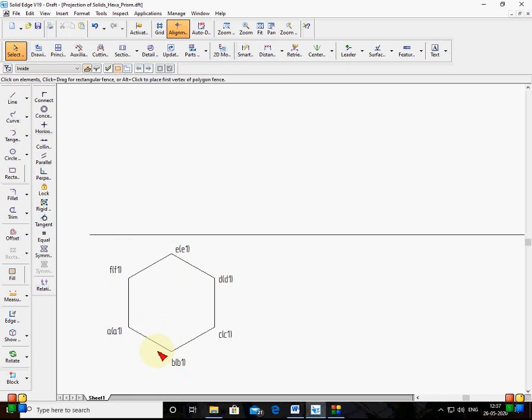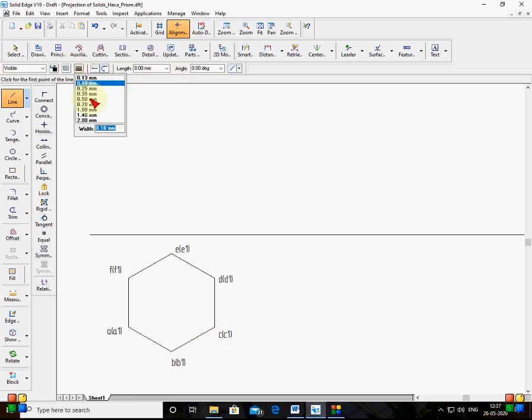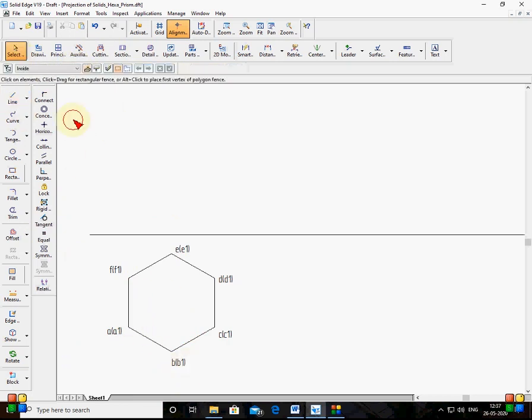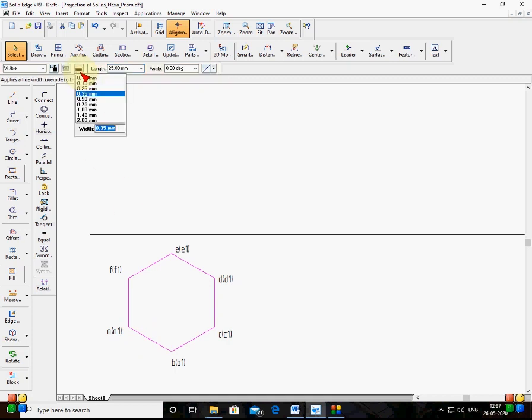Now I'll project here. I want to project this particular solid hexagon to get the front view. Now as it is a prism, the front view is a rectangular shape. I'll project all the points. Now I'll project here. 0.18 I am using here, or you can use 0.35 to see it clearly. Before that, I should make sure that it is the view. I make it dark. Actually, in an examination you have to use 0.5 thick for any visible view. But here I am making it 0.7 to see it clearly in the video.